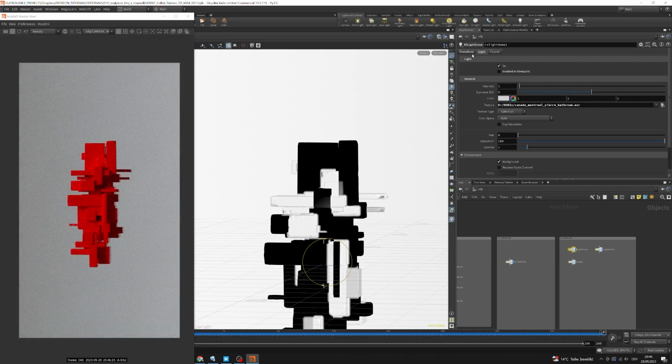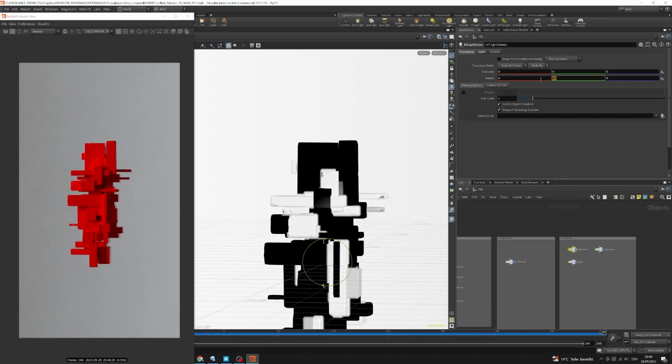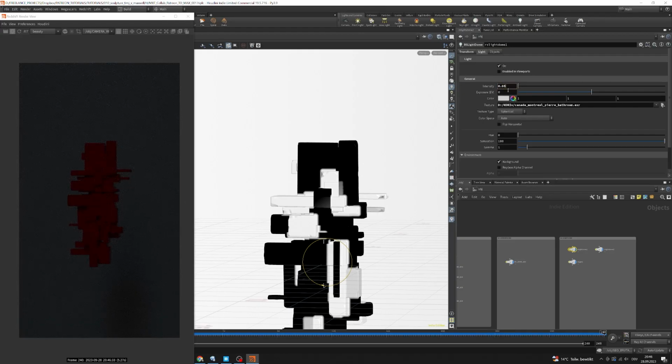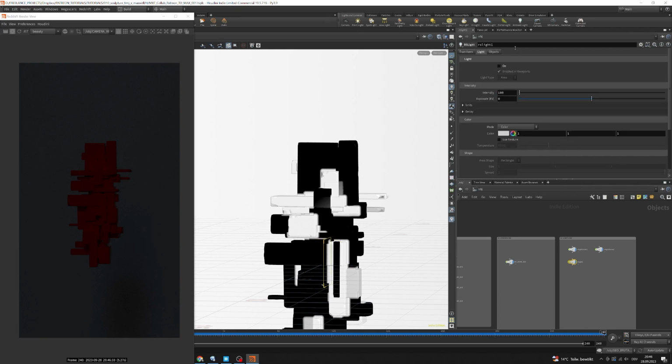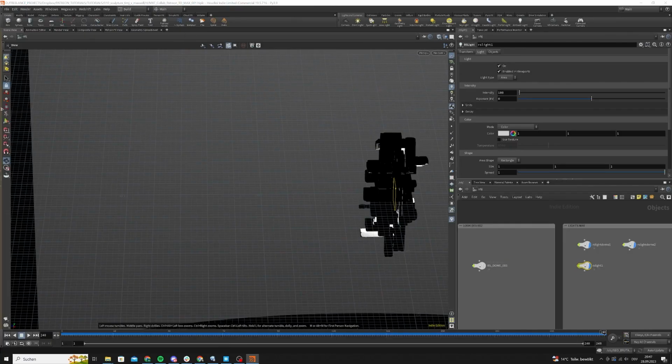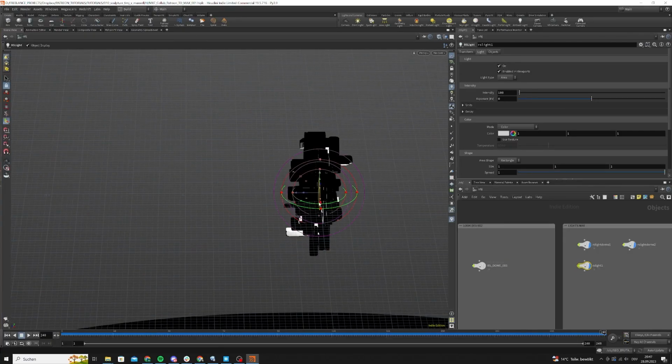So let's actually get something very flat from front, maybe something like that, and turn that off by decreasing it here, something like 0.1 or 0.05. Turn that on. Push that over,